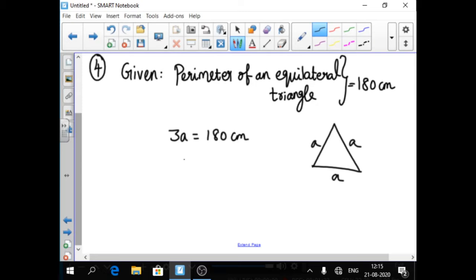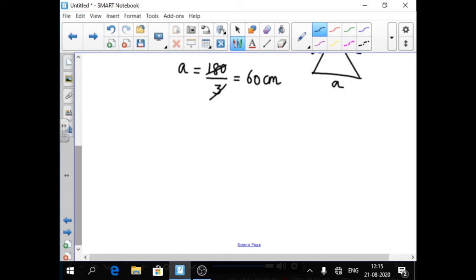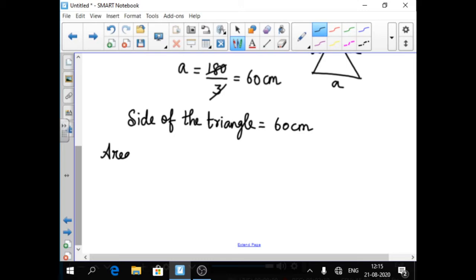So from that we are going to find the value of A. A is nothing but the side of a triangle. Okay. So 180 divided by 3 gets cancelled, is equal to 60 centimeter. Therefore the side of the triangle is equal to 60 centimeter. Okay. We want to find the area of the equilateral triangle. So we want to write the formula. So area of an equilateral triangle